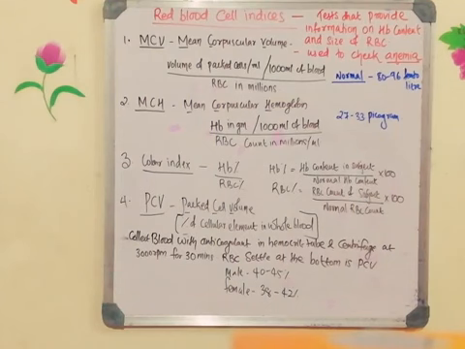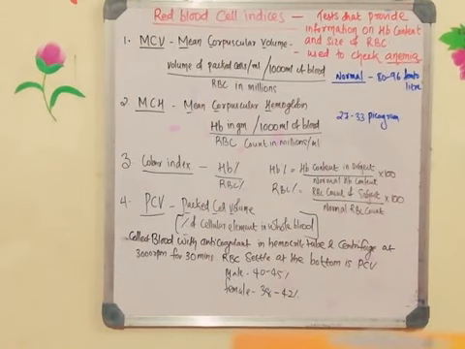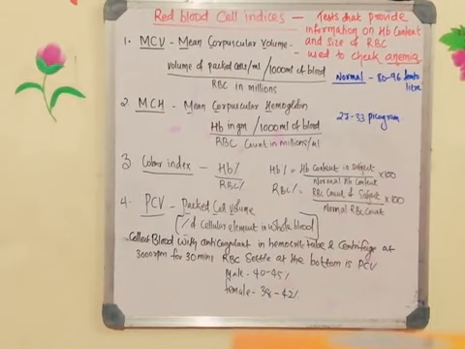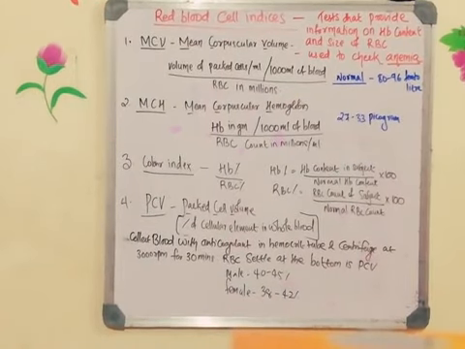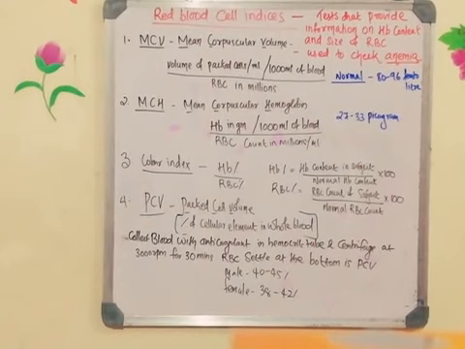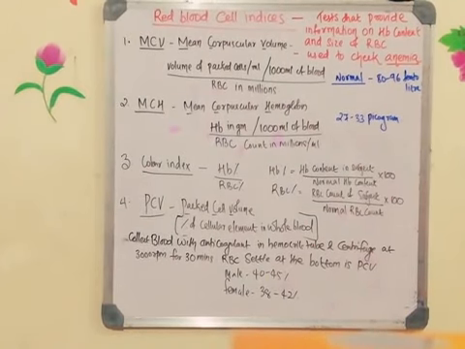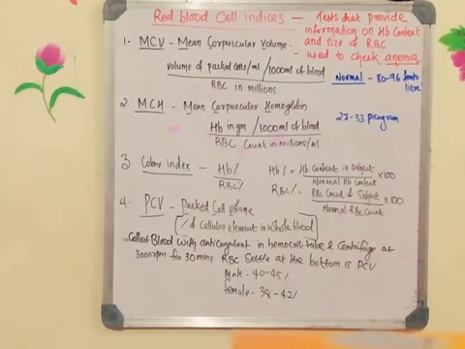There are different reasons for anemia. Whichever anemia it is, it can be identified with the help of this particular test. Those tests are known as the blood cell indices. These are the quantitative measurements of RBC volume and the amount and concentration of the hemoglobin. That is what I have written there: tests that provide information on hemoglobin content and the size of the RBC. That is what we can identify by using these tests.